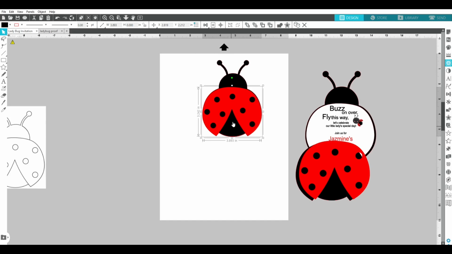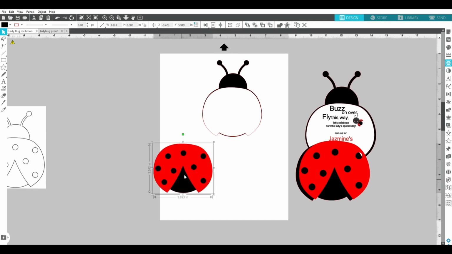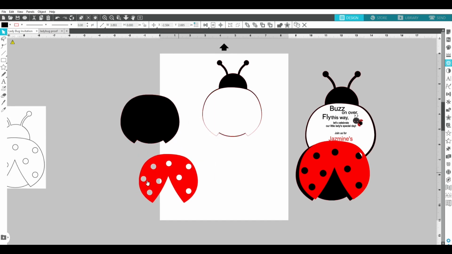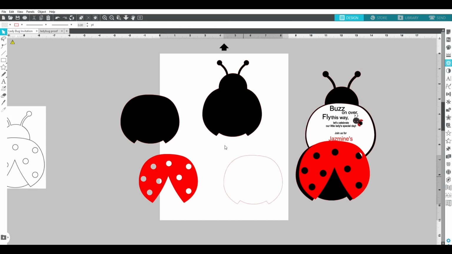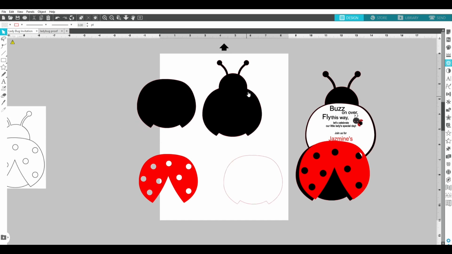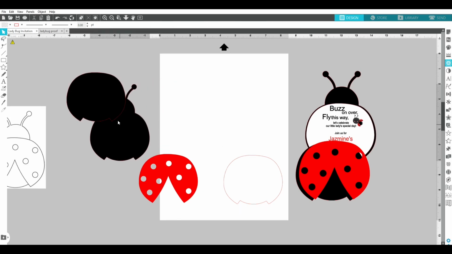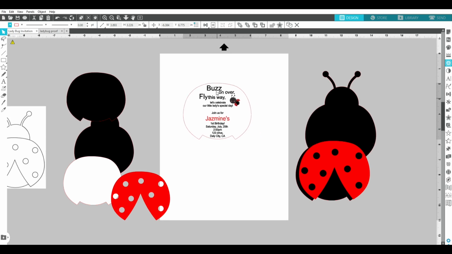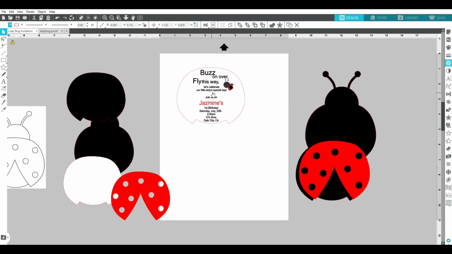Alright, so let's go ahead, and I'm going to get everything cut out, and then we will assemble it. So you will cut this one out in red, of course. These 2 are going to be cut out in black cardstock, and then this one you're going to want to do a print and cut, because of course you're going to have that information. So on mine I already have an example, so of course I would want to duplicate however many could fit on a page,